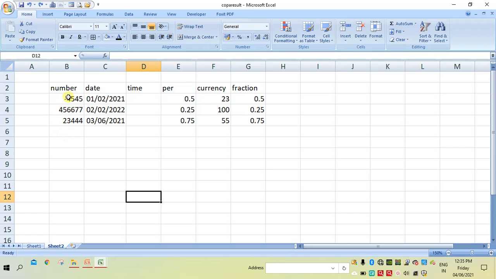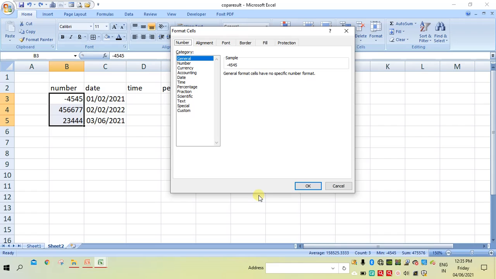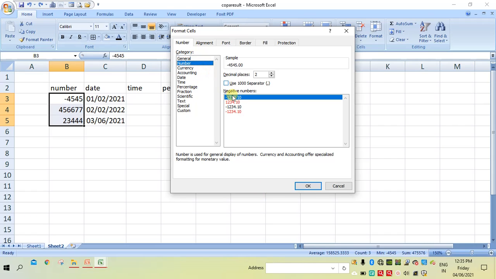To change the format of these numbers, we can go here, take the more number format option, then select Number. Here, for numbers or decimal numbers, you can apply it. And if you want a number separator, you can also apply that.